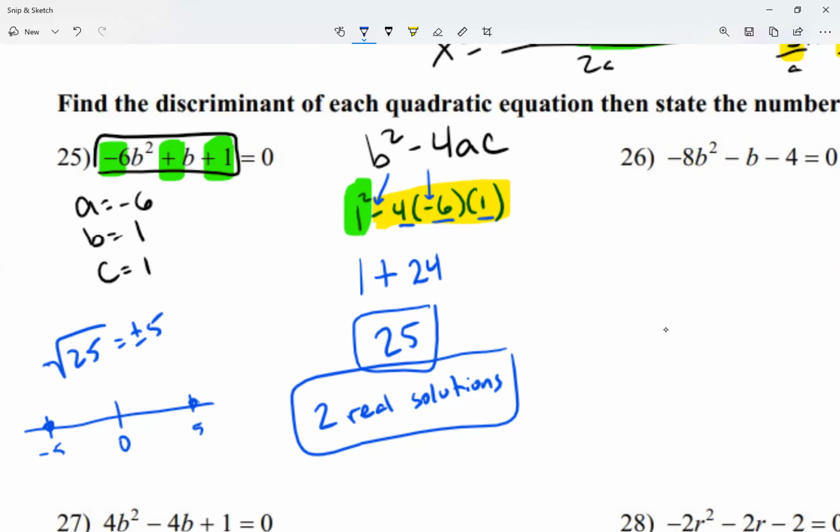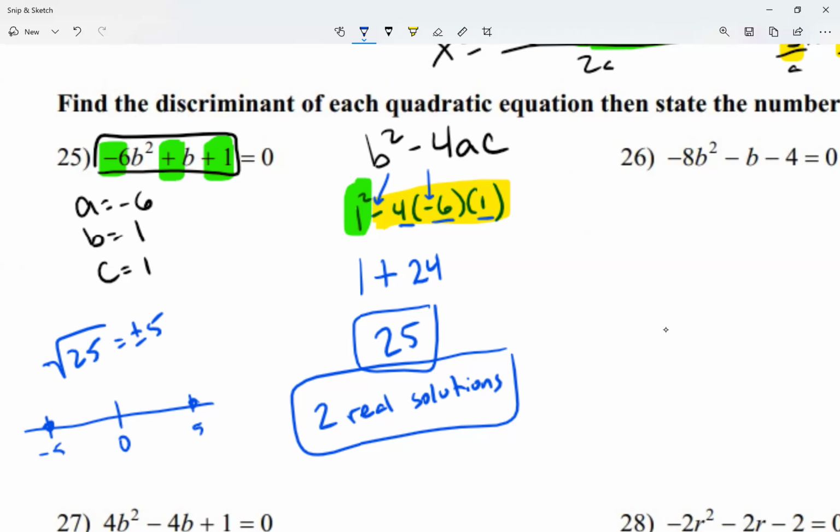Okay. 0 is also a real solution if my answer happened to be 0. So let me just say this. These are going to be possible choices that you guys get. Your discriminant could either be positive, 0, or negative. If I get my discriminant to be a positive value, like it was in my case, I'm going to have two real solutions. If my discriminant is 0, we're going to see that happen sometimes, I'm going to get one real